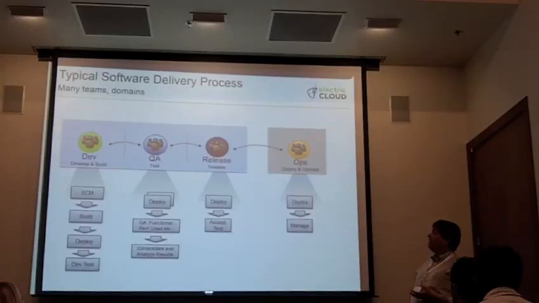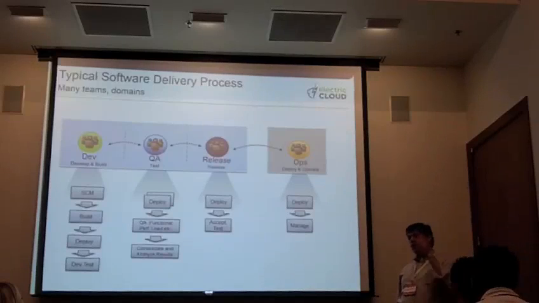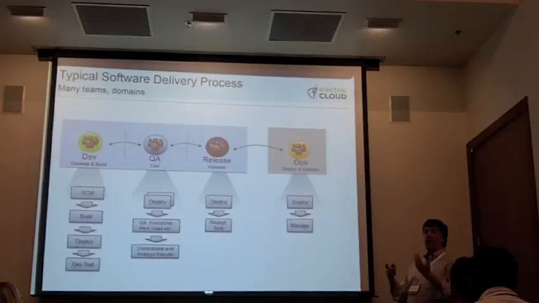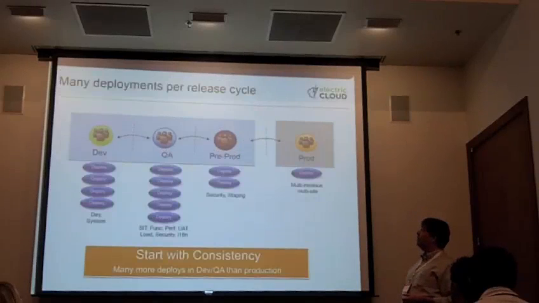All of these things, it would be nice if they weren't as siloed as they are today. Right? Dev has their process, QA has their process, release teams have their process, ops has their process, and nobody talks the same language. Right? And you're not going to get to continuous delivery unless you overcome those boundaries.